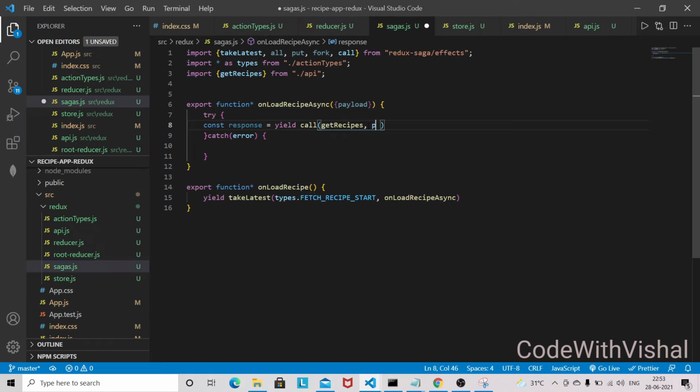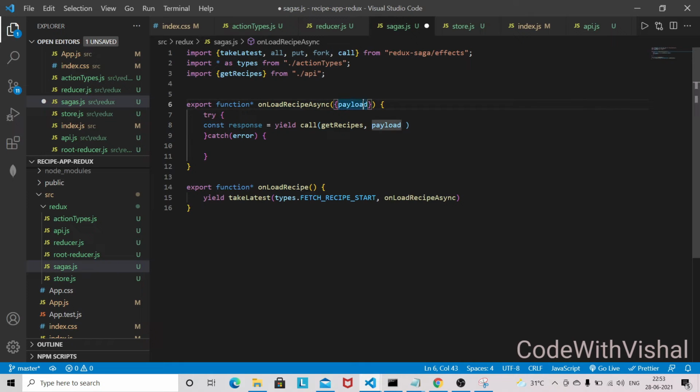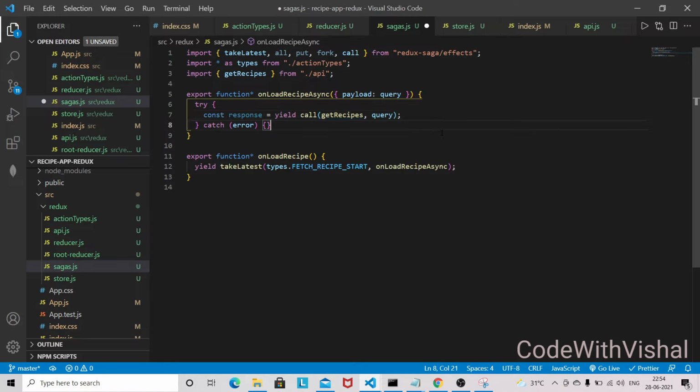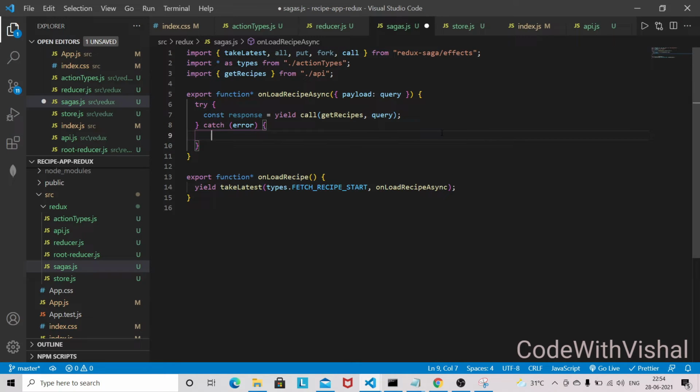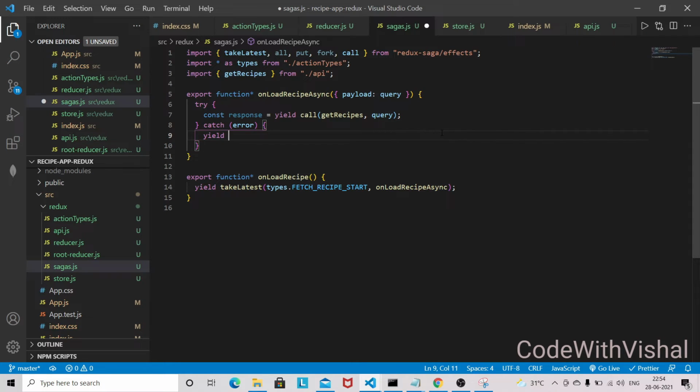So we are going to just pass the payload, and obviously you can also rename this one if you want to keep it as it is. I'll be passing query here, so you can do that as well. In order to avoid some confusion, that's why I did it this way.